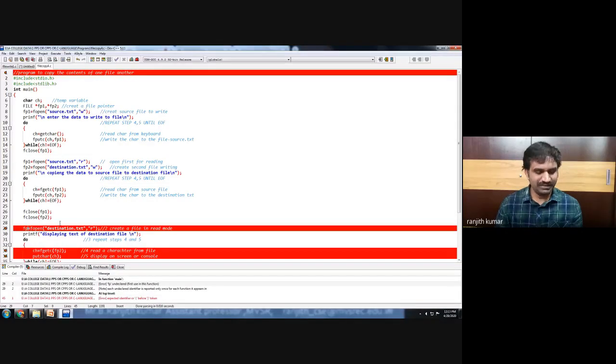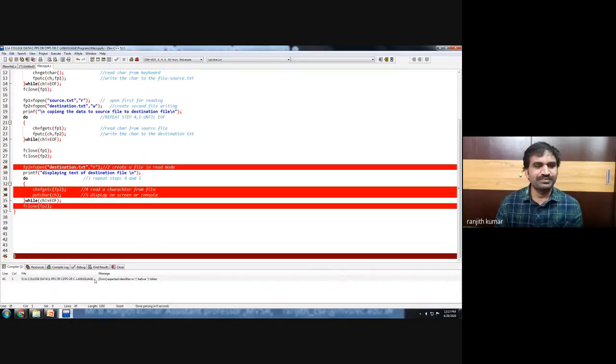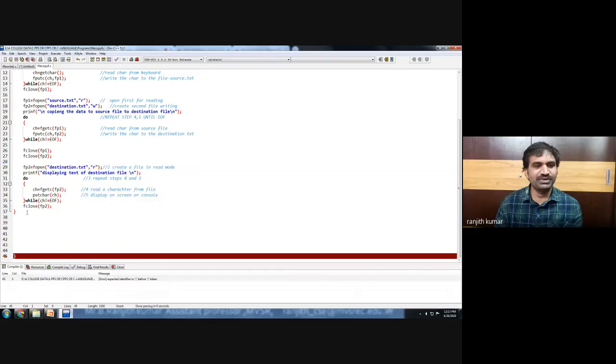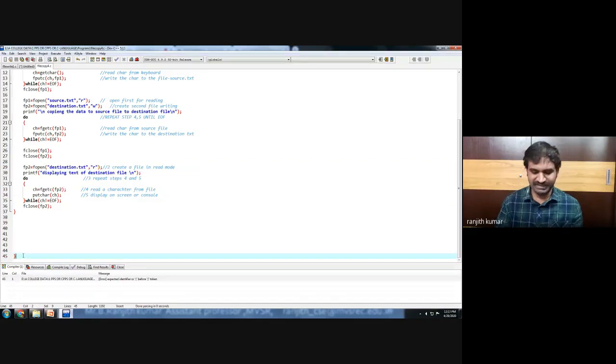So always make sure that fp1 should point to file pointer 1 and fp2 should point to file pointer 2. So if there are any errors, we will try to correct them and make sure our program completes.